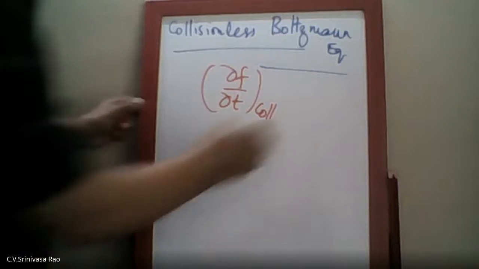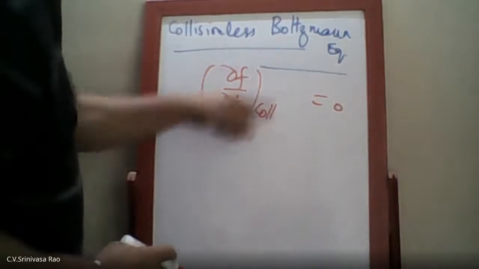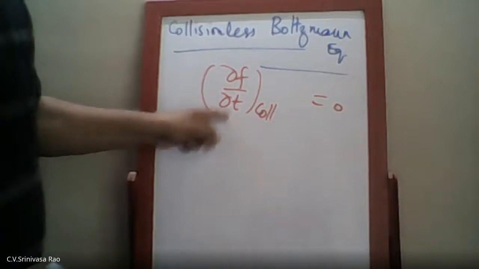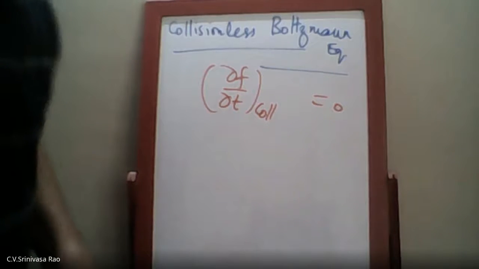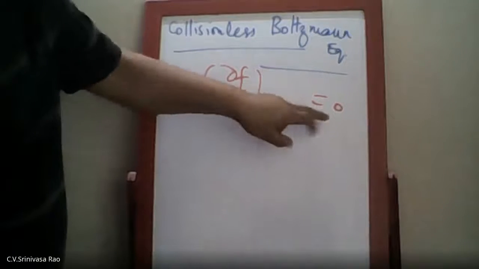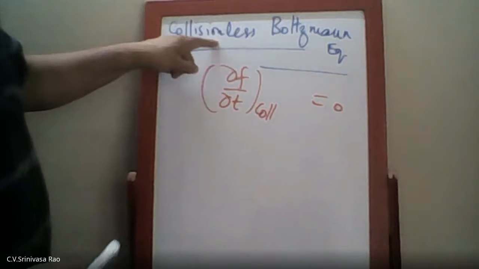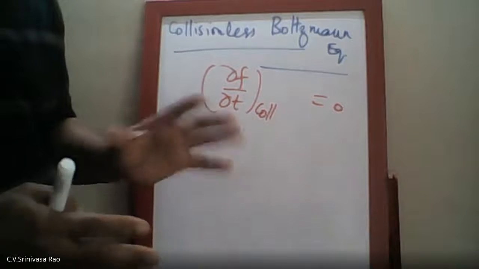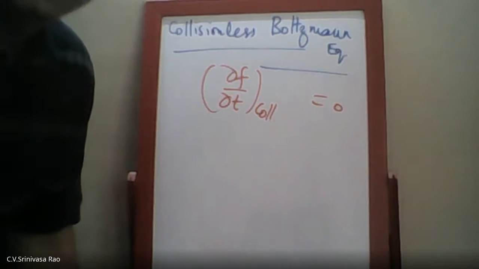If I add that, I had written the equation as 0. Instead of 0, if I add this portion and write a particular expression for this, I'll be taking into account the collisions in the Boltzmann's equation. Till the time I have not taken the collisions in the Boltzmann's equation, this and the Vlasov equation are almost similar, but with a slight difference, because of a very approximate